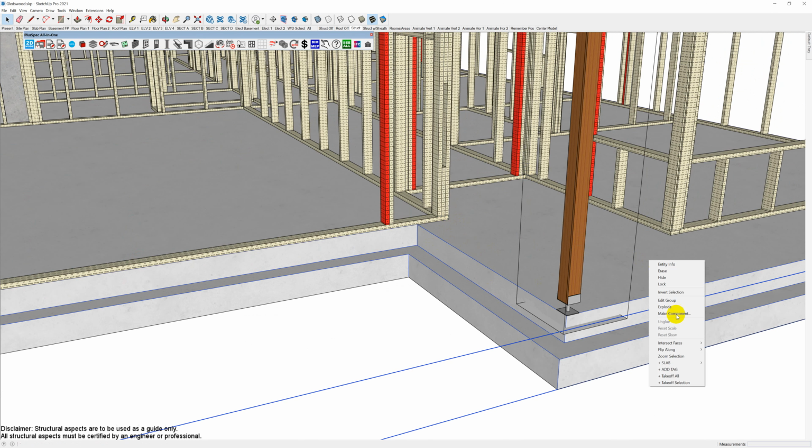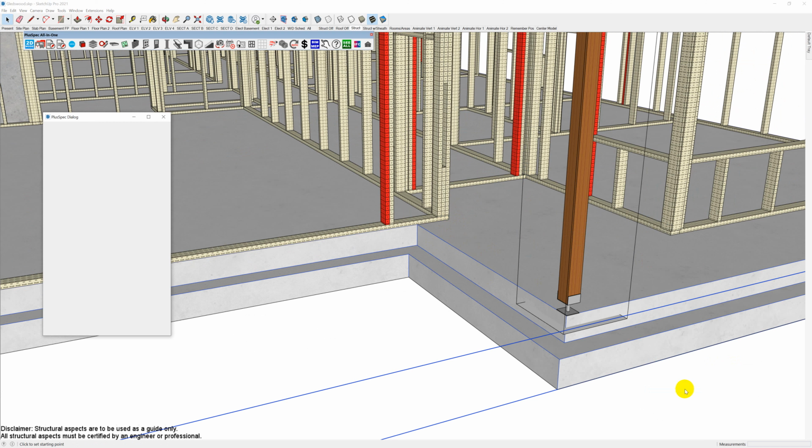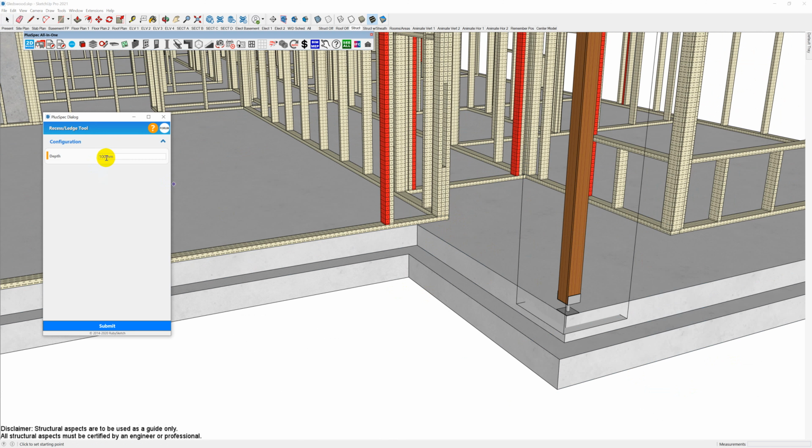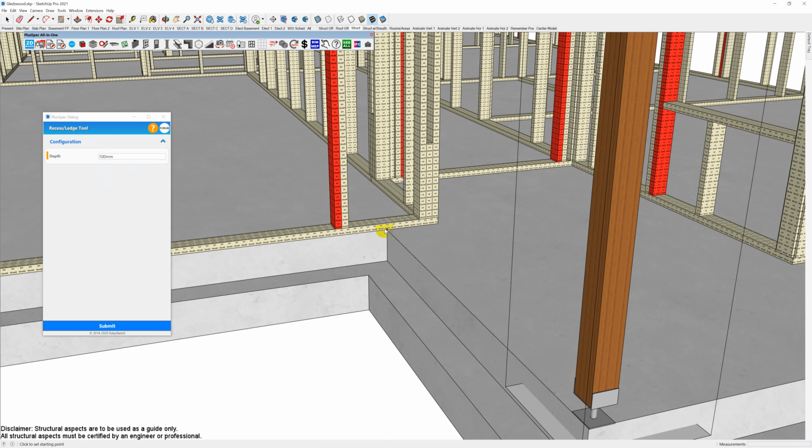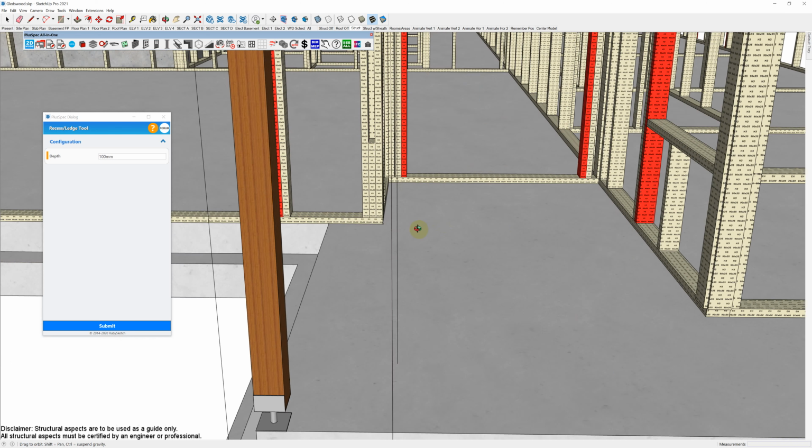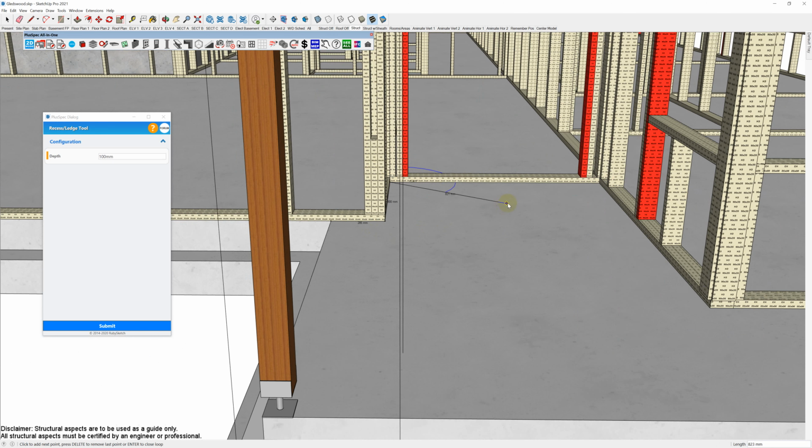So if I right click the slab and go slab, add recess ledge tool and go add recess, depending on the distance I want it to recess, I've got 100 mil there, go from here and basically trace around where you want to recess that slab